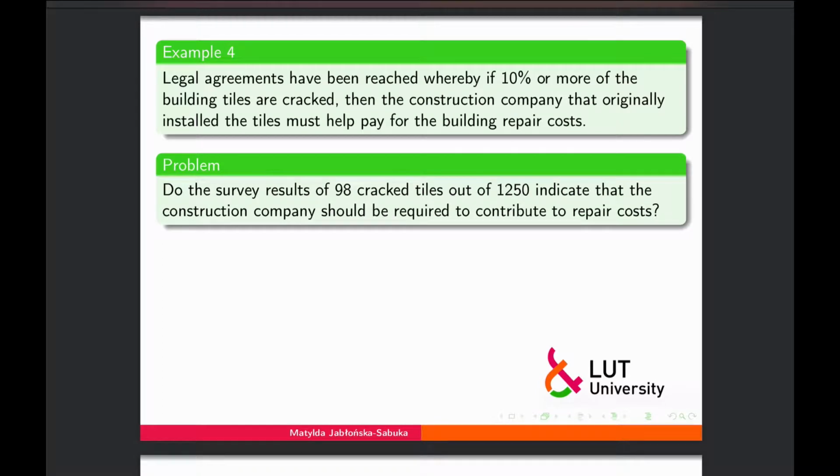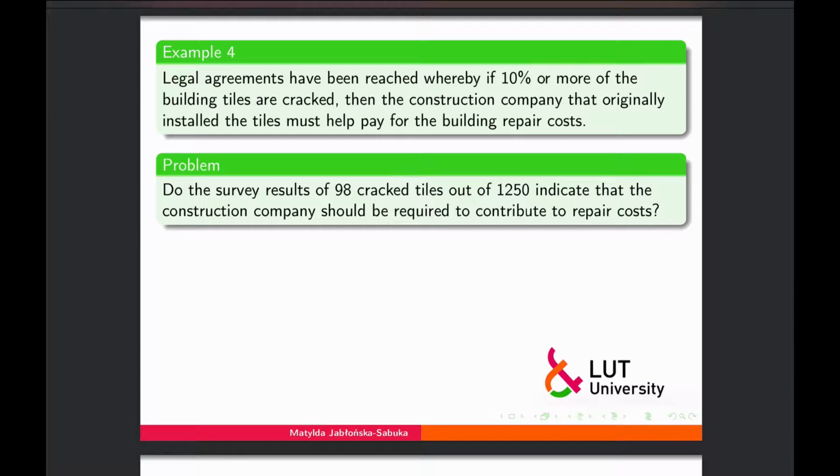In example 4, we take further the case from example 3. So we had the engineer who has inspected the tiles on the building and has found that 89 were cracked out of 1,250. And now we have more information that legal agreements have been reached whereby if 10% or more